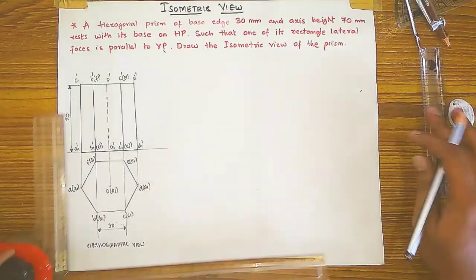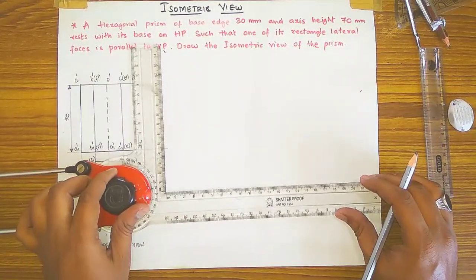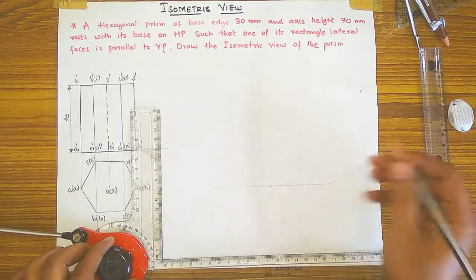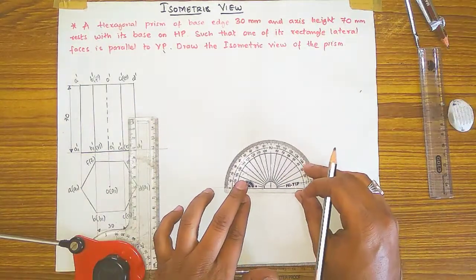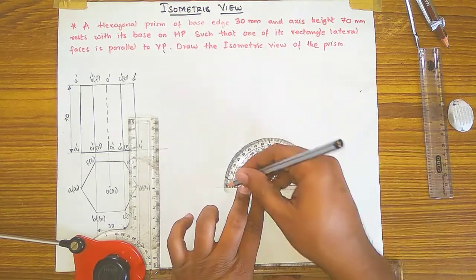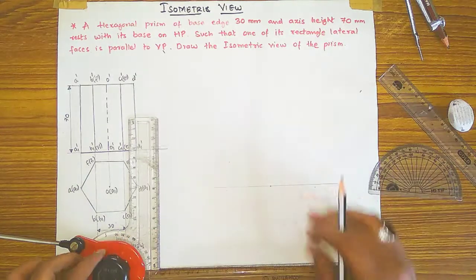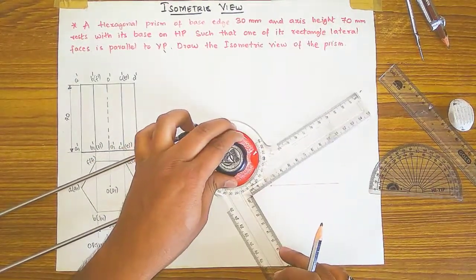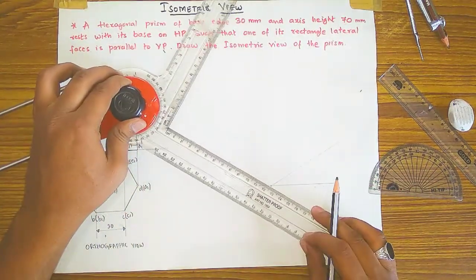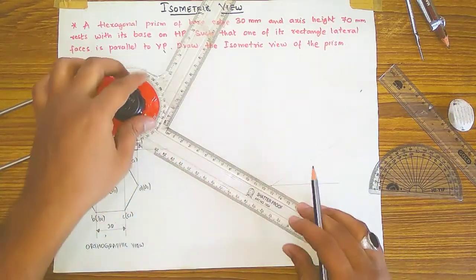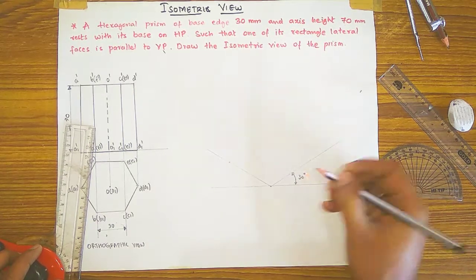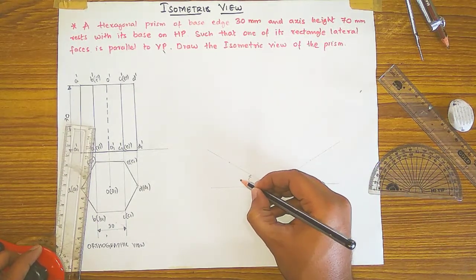Okay, now you have to draw the isometric view. So first you have to draw a line like this, take a point anywhere and keeping a protractor on this point correctly and taking an angle of 30 degree from here and from here. Okay, and from that point and that point you have to take a convenient line, how much you want to take, that much. And from here also show the angle you have drawn, 30 degree, and here also you have to show the 30 degree.